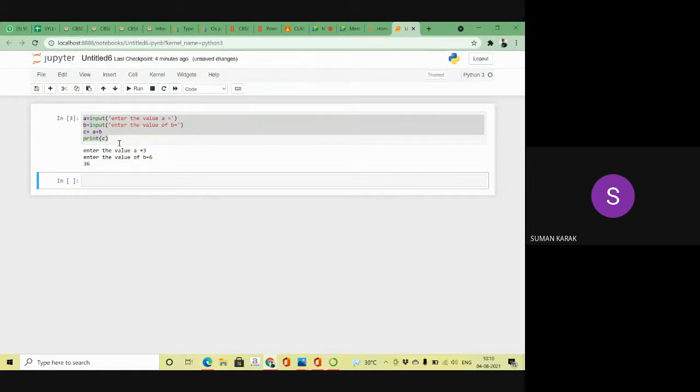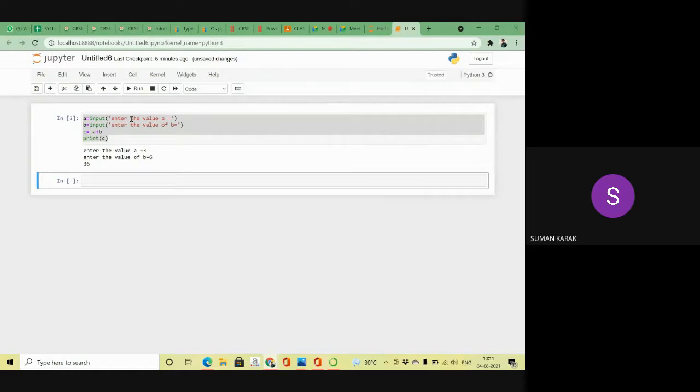That is the problem. When you use the input function, by default, whatever value I take from the user will be stored as a string value. Did you understand?